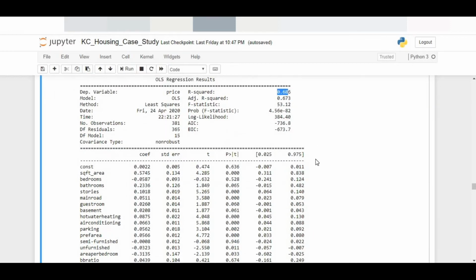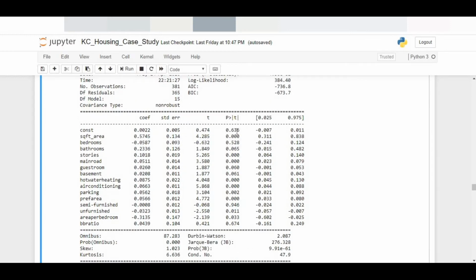I would like to compare the p-values of all the attributes. I would like to see which is the one which is high, because I know the higher the p-value, the lower is the significance of the attribute. Usually we take the threshold as 0.05. Anything more than that is usually considered not much significant.